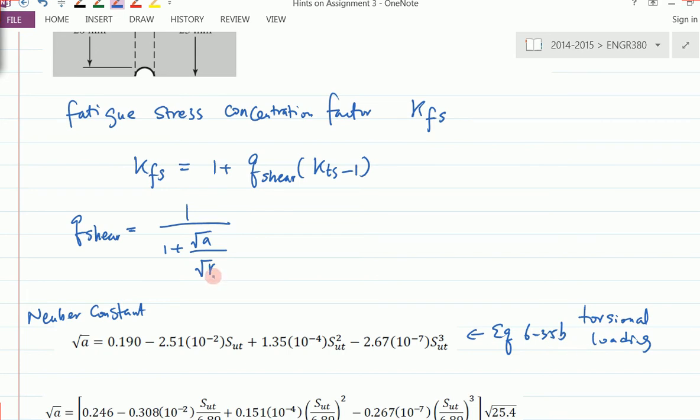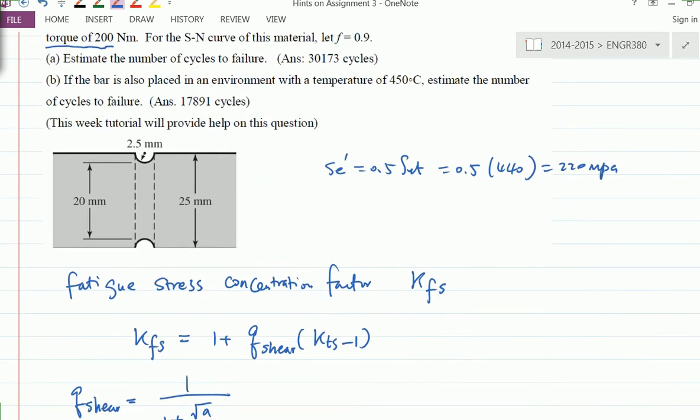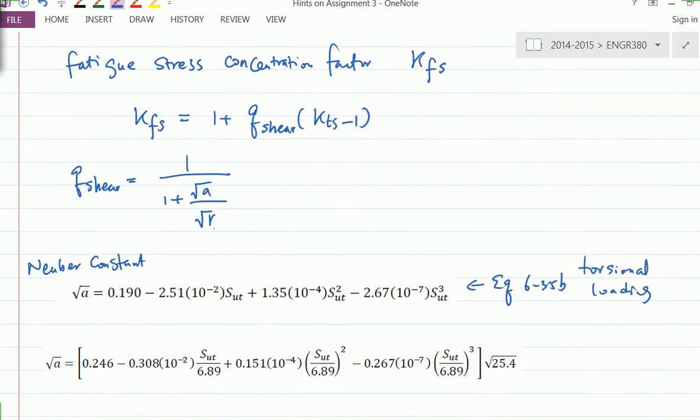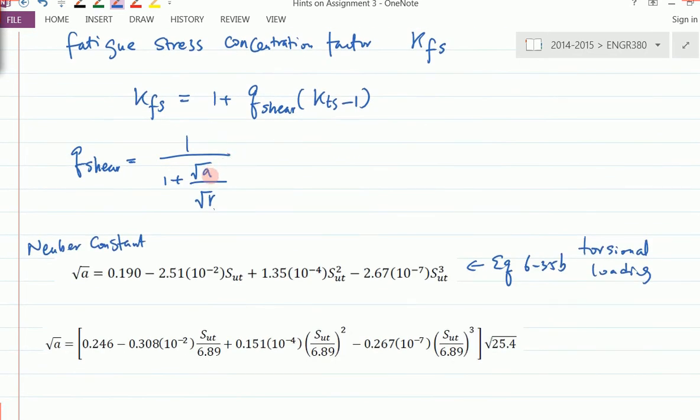r here is the fillet radius, and the fillet radius is 2.5 millimeters, so that's already known. What we need is just to calculate this root a, the Neuber constant. Now this formula 6-35b is for Sut in SI units, sorry, in meters per unit. But this question gives